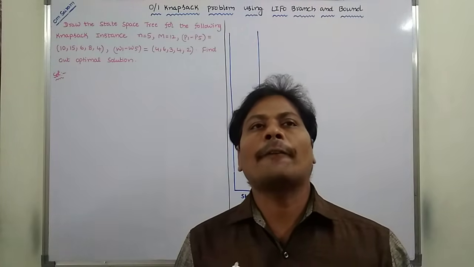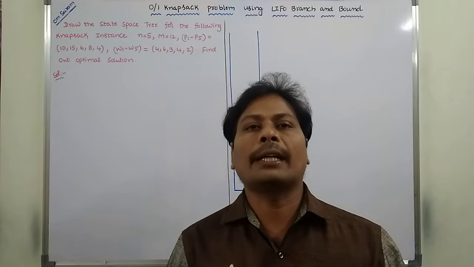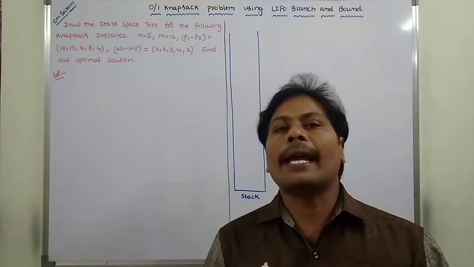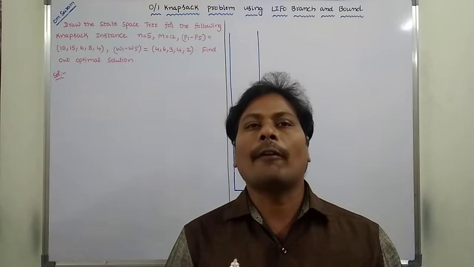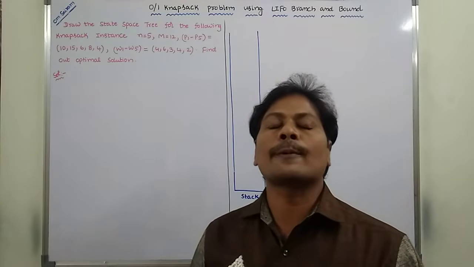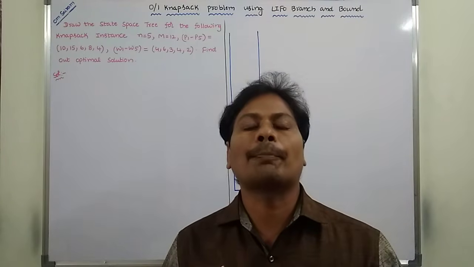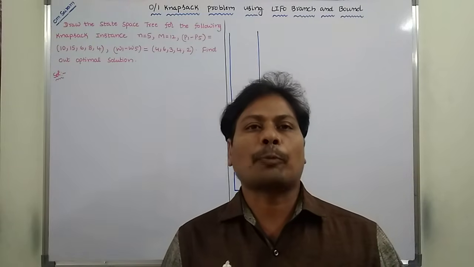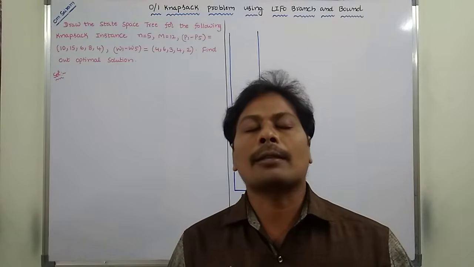It is one of the important topics in branch and bound in design and analysis of algorithms. In this video, we have to solve one example problem on the 0/1 knapsack problem using last in first